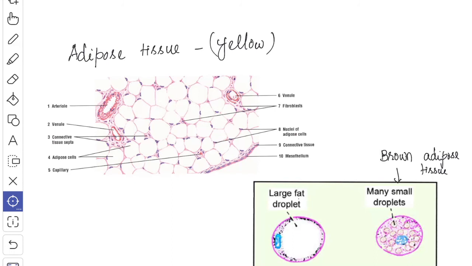In the form of adipose tissue, it provides a store of nutrition, and in cold weather, the fat provides insulation and helps to generate heat. And because of the presence of the cells of the immune system such as macrophages and plasma cells, the connective tissue helps the body to fight against invading foreign bodies, the bacteria, by destroying them or by producing antibodies against them.